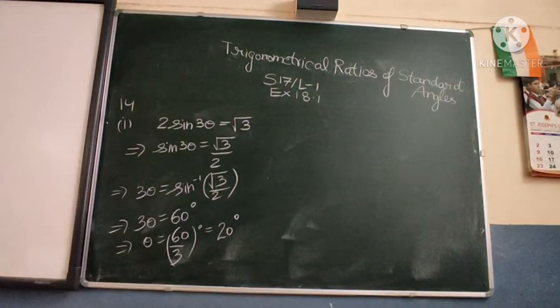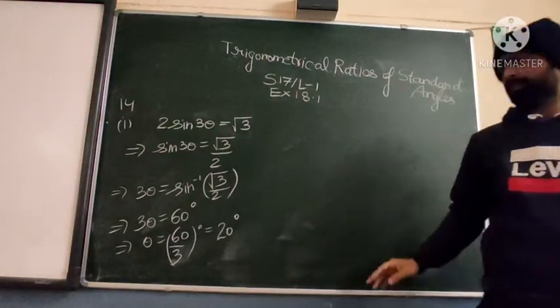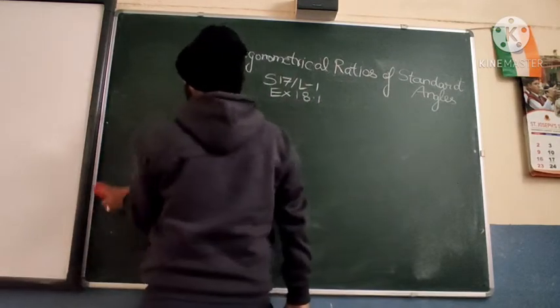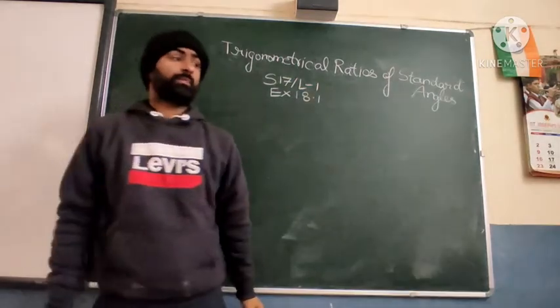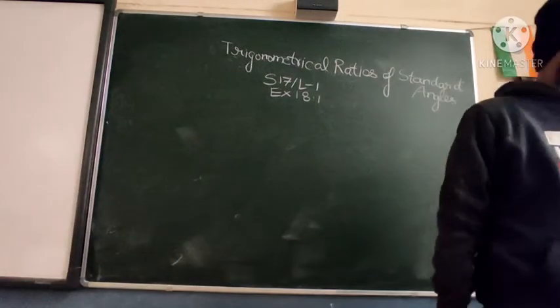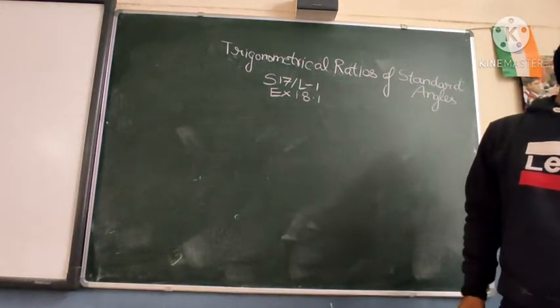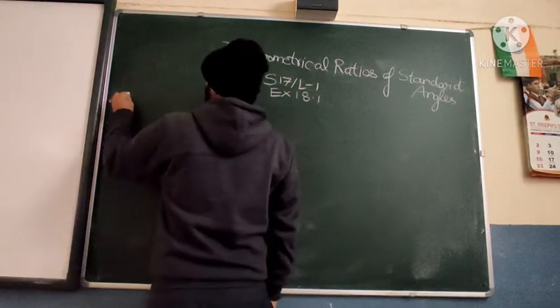So see, you can find that these questions are really easy and scoring, and fast also we are doing. If you compare, the duration of a video lecture is 15 or 20 minutes, and in proving type questions we do only one question, but here within a span of 14 or 15 minutes, 7-8 questions. So you can really understand how scoring trigonometry is. That is the one message that I want to give to you.